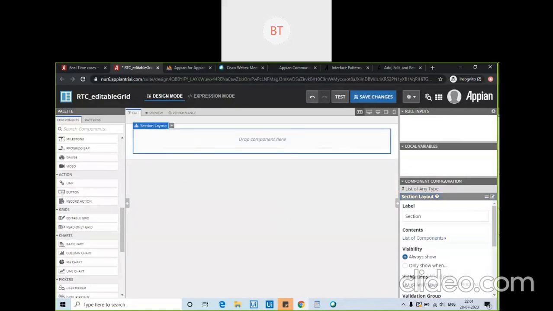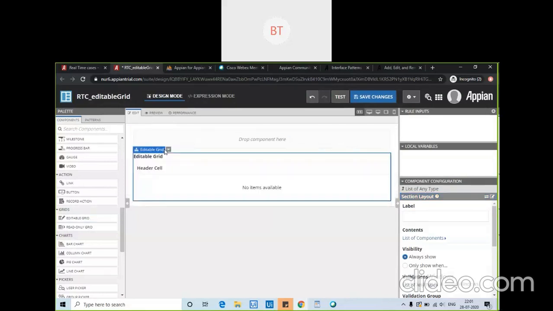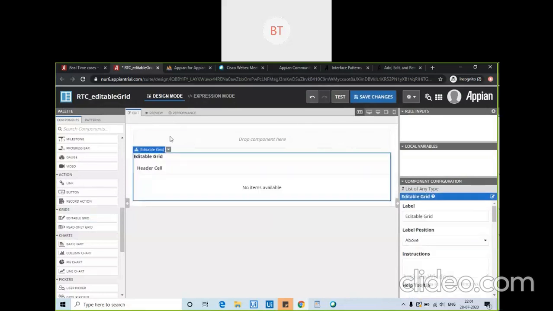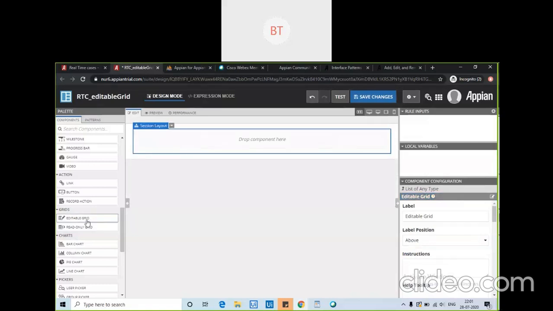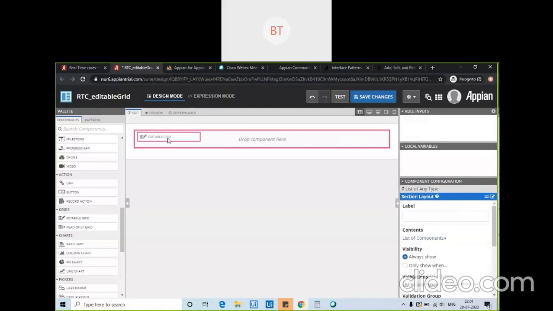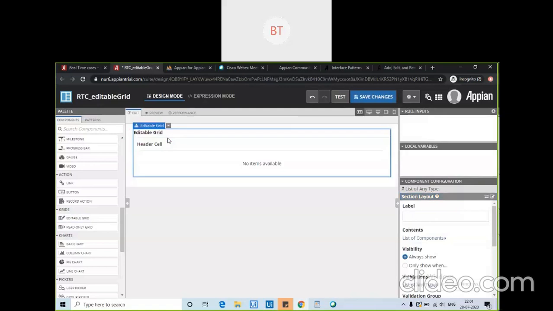Okay, now I will be taking this 8 level grid. Okay, it has come. Why is it like this? It's fine. Now see how to configure it.